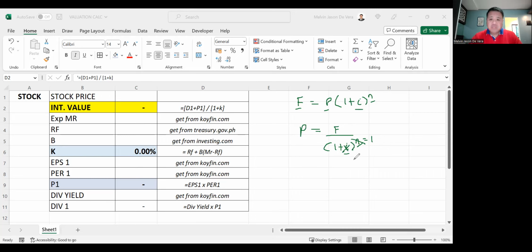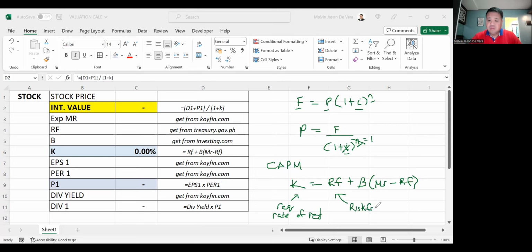So that being said, we're going to use the required rate of return using the CAPM, or capital asset pricing model, concept. So we get K, which is the risk-free rate plus the beta of the stock times the expected market return minus the risk-free rate. So again, what is K? This is the required rate of return, and this will be calculated using this formula. The risk-free rate, which is the Treasury bills rate,